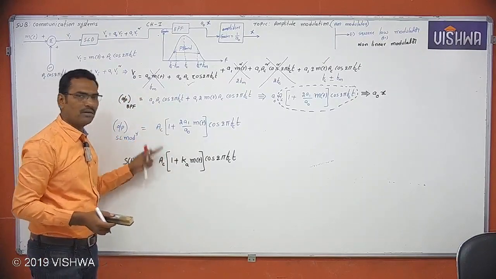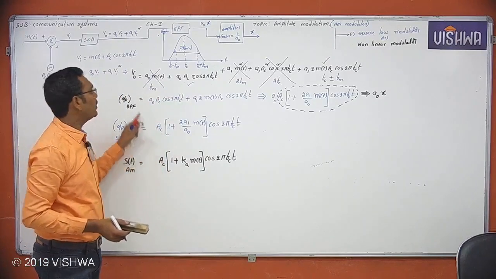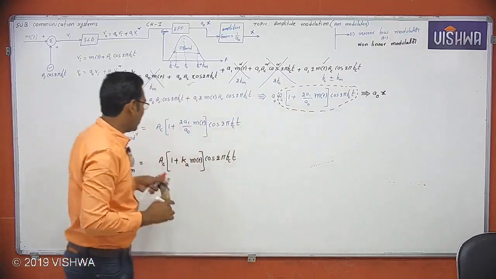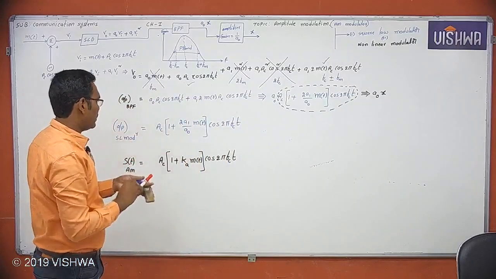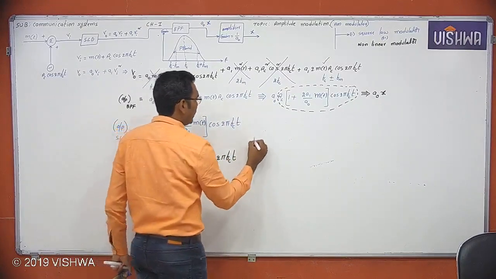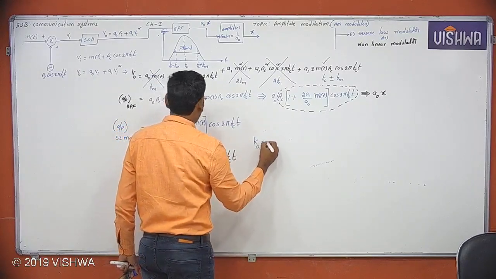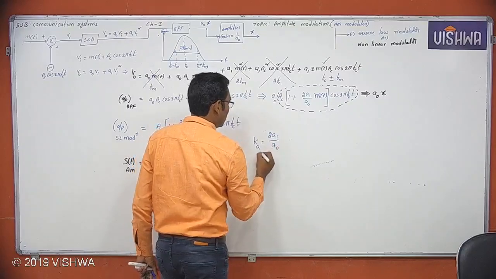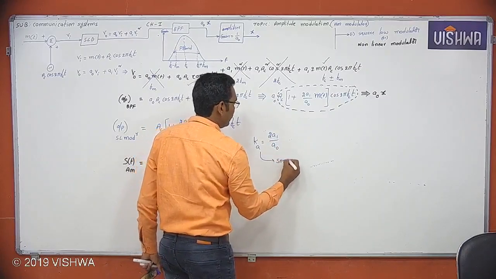Both are matching or not? Therefore, this is an AM wave. This square law modulator is generating an AM signal, where Ka is equal to 2A1 by A naught, which is the sensitivity of